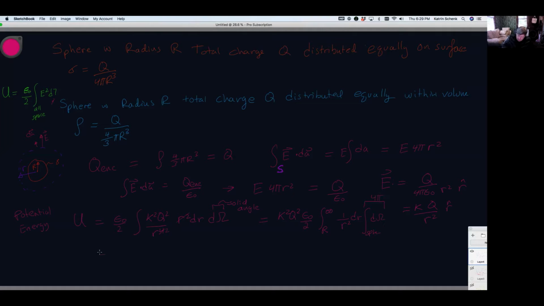So I'm going to bring that down. So we have k squared q squared epsilon naught over 2 times 4 pi times the integral of